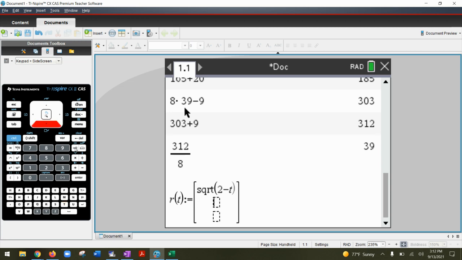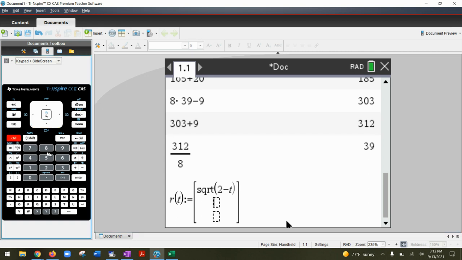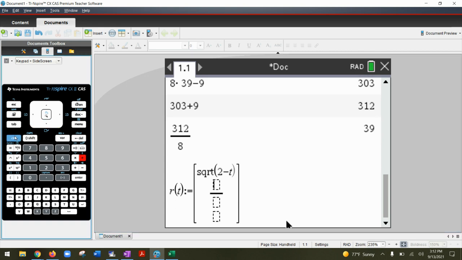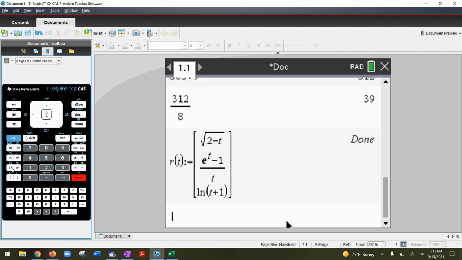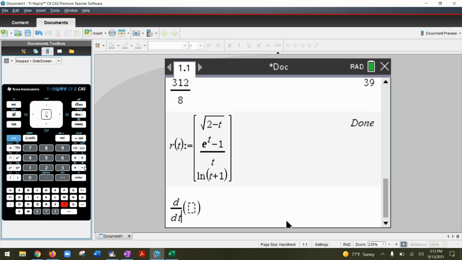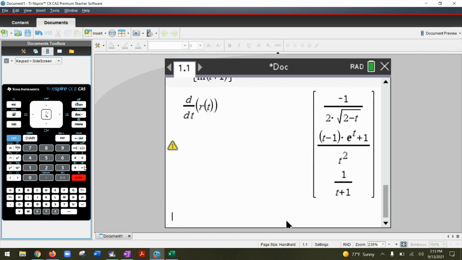e^t minus 1 all over t, right? And then that's the bottom one, natural log, t plus 1. Okay, so once it's defined, look what we can do now. This is great. Shift minus, d/dt of r of t, done. Right? So quick,